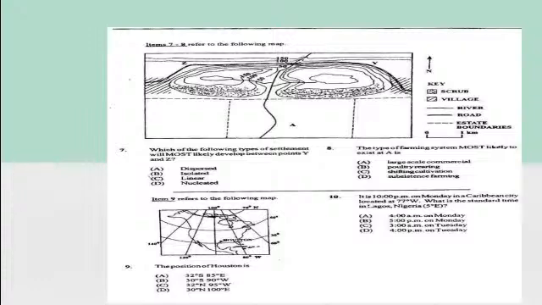Item 7 to 8 refer to the following map. Which of the following types of settlement will most likely develop between points Y and Z? So we have Y here and we have Z here. You can see the contour lines on both sides. So we see that we have hills on both sides. So again, if you're building a settlement,